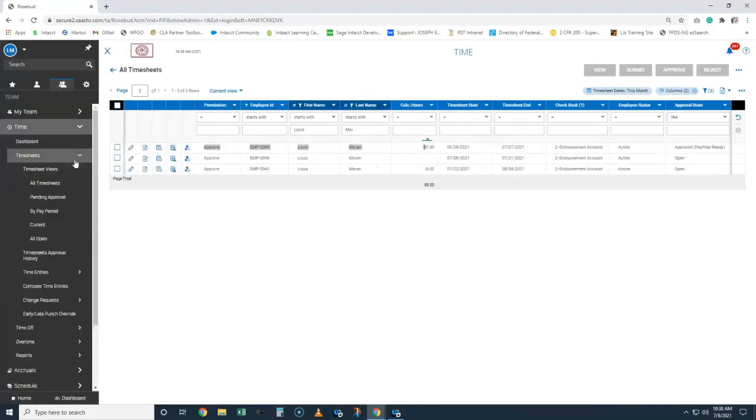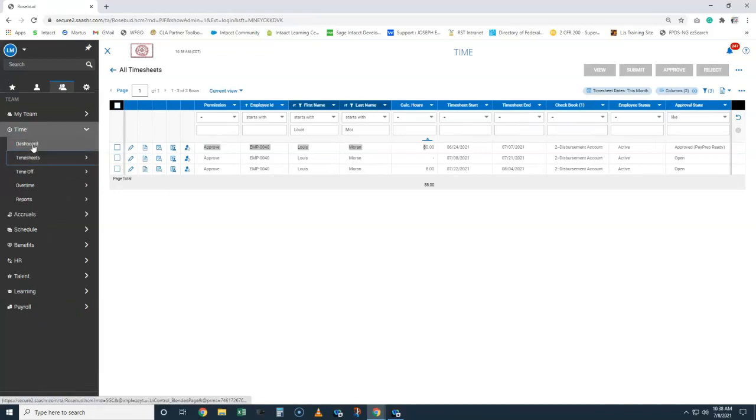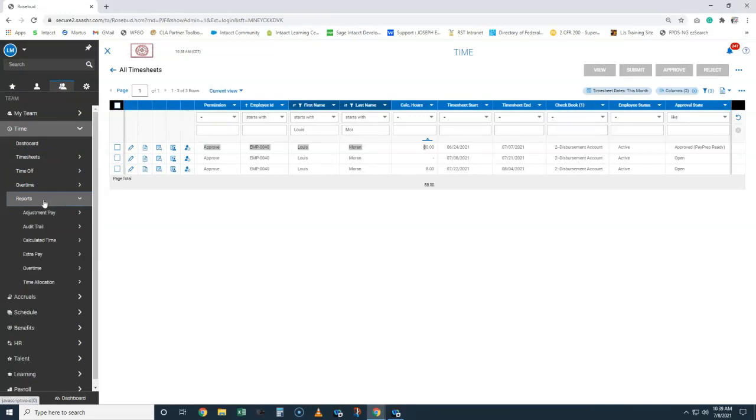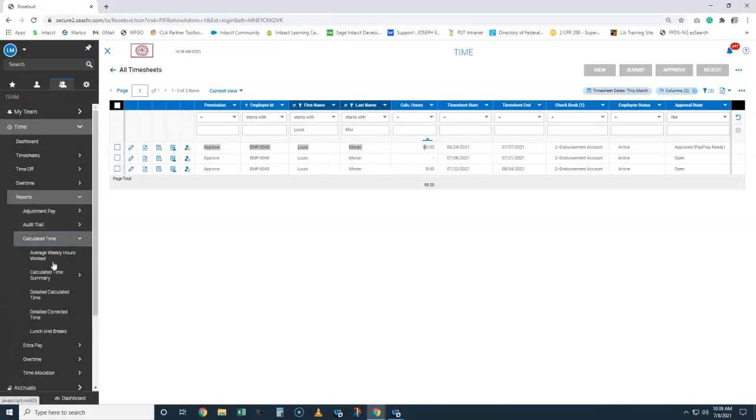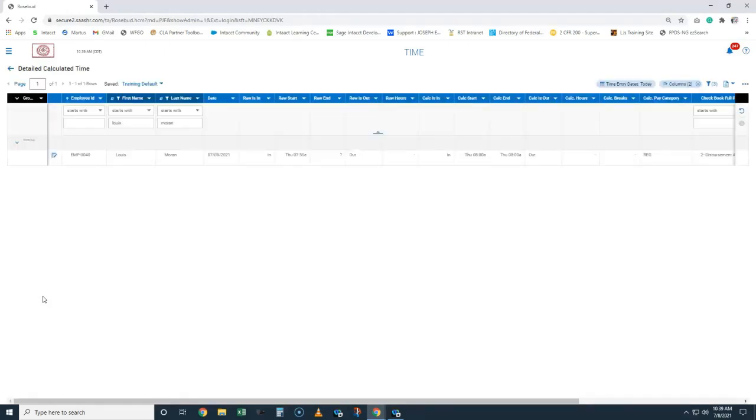You can go to the time menu, and instead of timesheets, there's a reports area. Calculated time, detailed calculated time. So if we want to review all of our staff at once and then make a decision on where we need to make edits or corrections to timesheets, we'll land here. Same thing, I already have this set up just to show me. But when you come here, the first thing it's going to do is